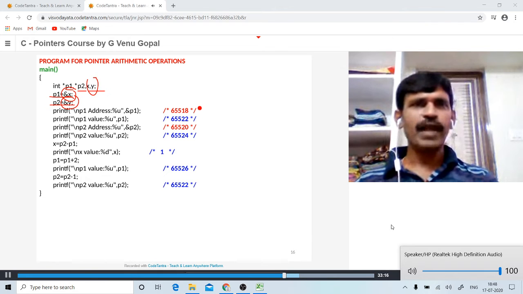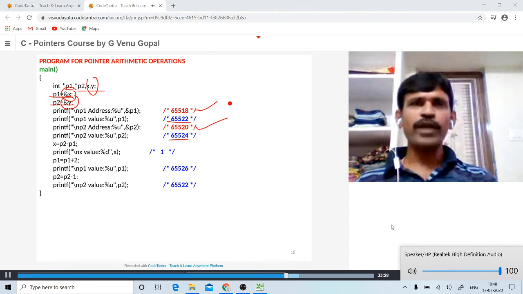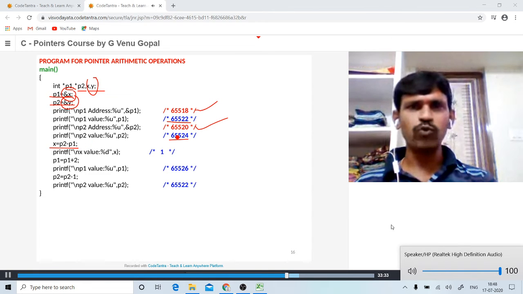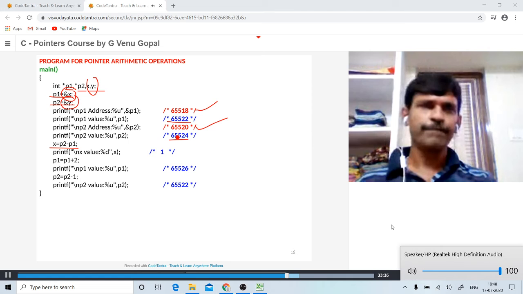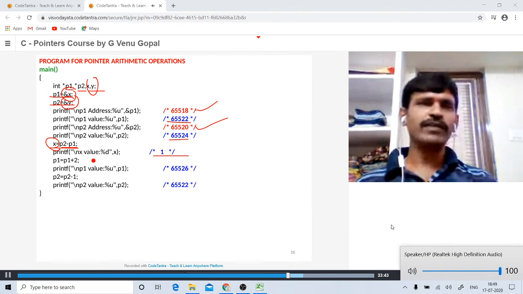And assume that the addresses are 65518 and 65520, and the addresses pointed to by P1 and P2 are 65522 and 65524. Then x is equal to P2 minus P1. That means how many locations differ between P2 and P1 is returned to x. So P2 minus P1 will give one integer location.